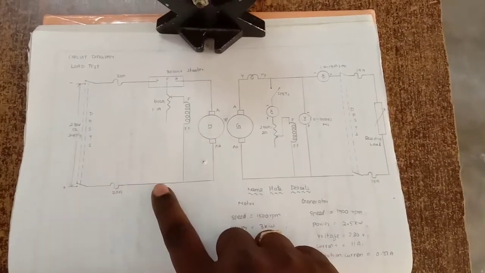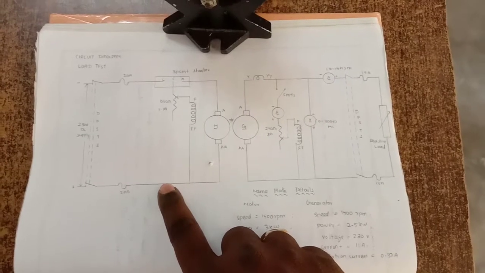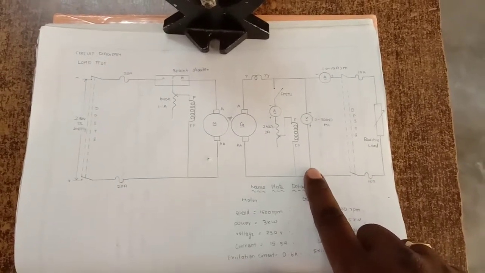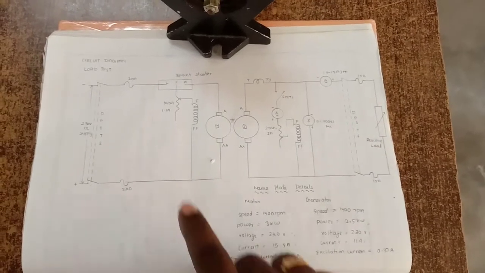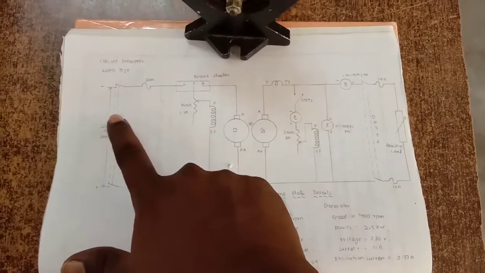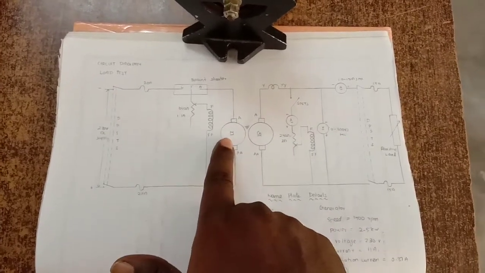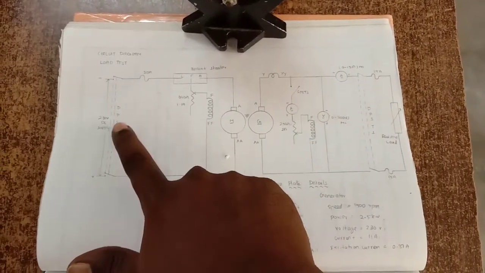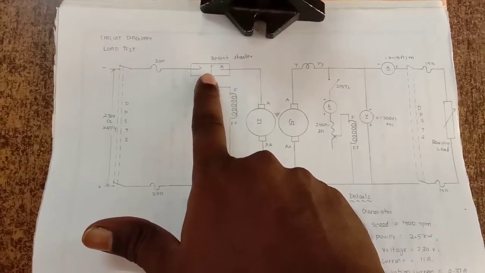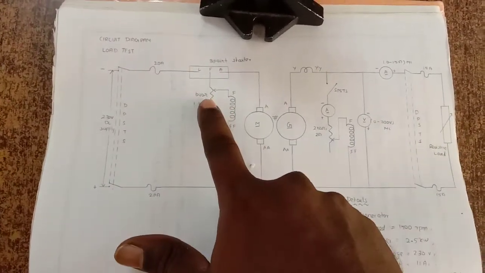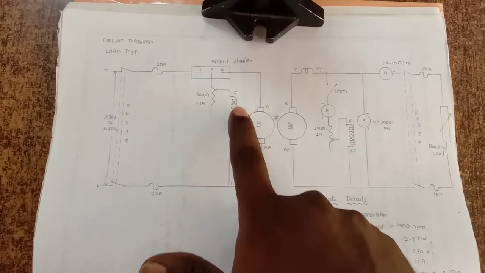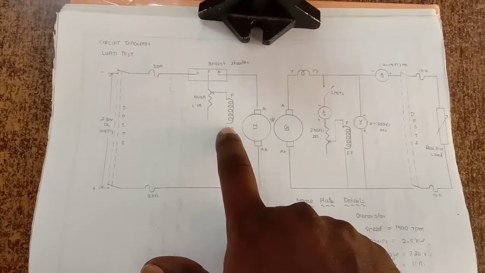So we are having the prime mover circuit, that is a shunt motor, and we are having the compound generator. So from this we are going to take the load characteristics. So in this we are having 3-point starter. So for giving supply to this motor, that is prime mover, we are giving the 230 volt DC supply, and we are having 3-point starter for starting this motor, and this is the 640 ohms 1.1 amps rheostat for varying the field current of this motor.